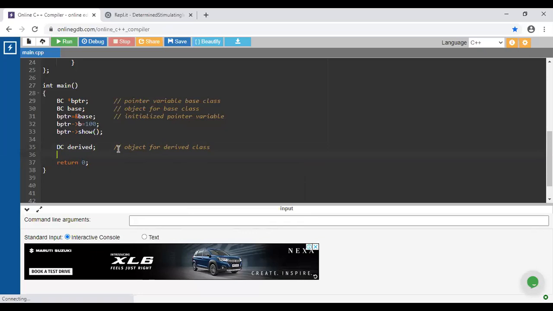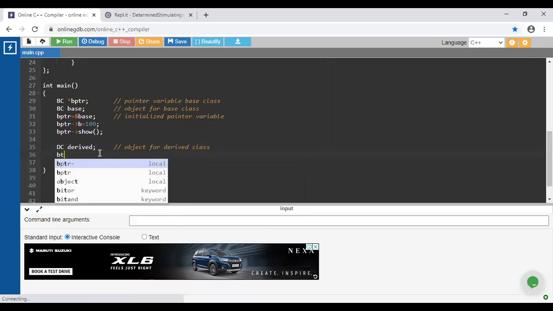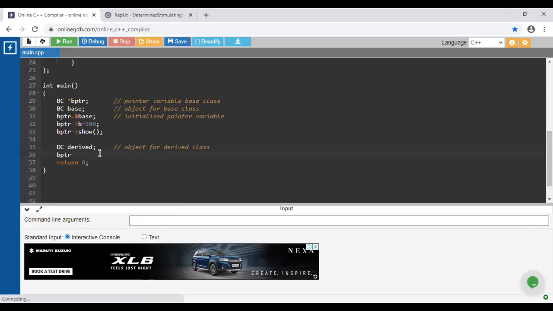Next, we are going to initialize the base pointer using the address of the derived class object. Clear? Base pointer is equal to address of the derived class. It means we are initializing the base pointer variable with the address of the derived class.